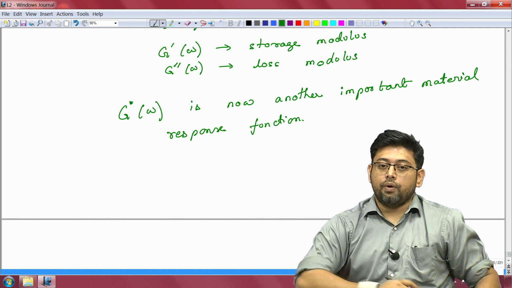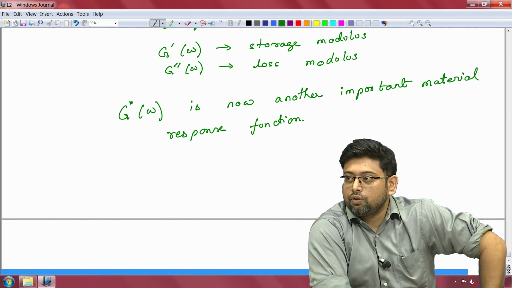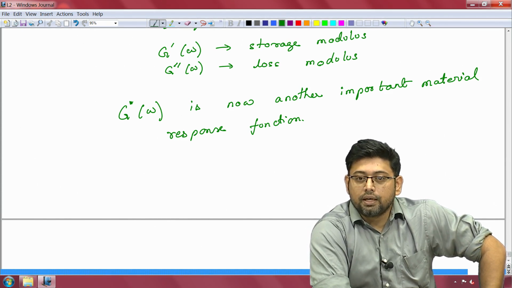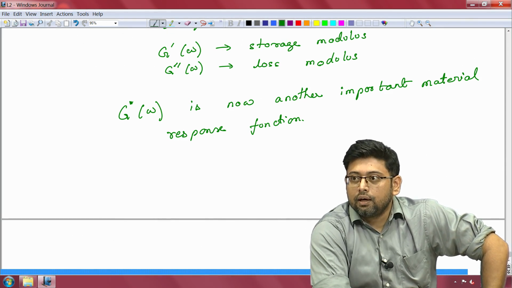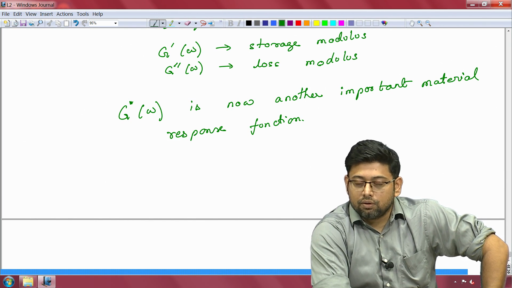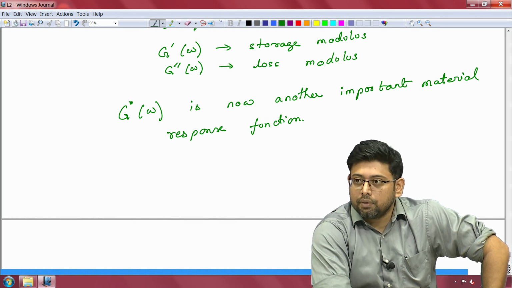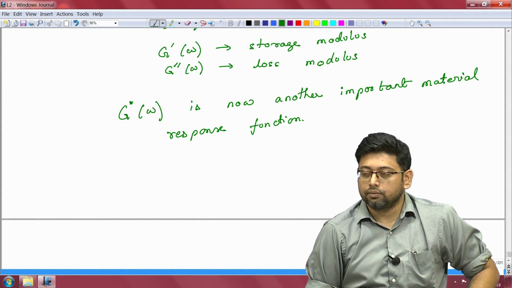Earlier, when we did not have sinusoidal inputs, when we just had a step stress or a step strain, we saw that there were two important functions that were material responses, and that was the stress relaxation function G of t and the creep compliance J of t, right. And now we see that when we apply a sinusoidal strain or a sinusoidal input, when we express the sinusoidal input as a complex number, we can characterize the output in terms of another complex number, where you now encounter this new quantity which we are going to call the complex modulus, right.